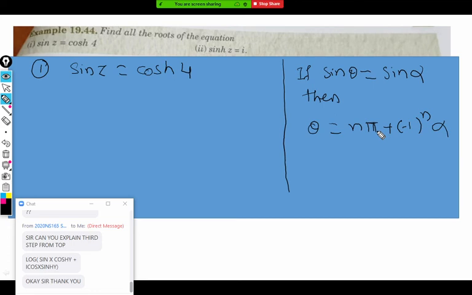So the questions we completed previously are mainly the ones coming in the exam. This question did not come in the last 4 or 5 years, but yes, it is part of the syllabus. So how to convert cos hyperbolic into sine first? How to convert cos hyperbolic into sine? First tell me how to convert cos hyperbolic theta into cos theta.